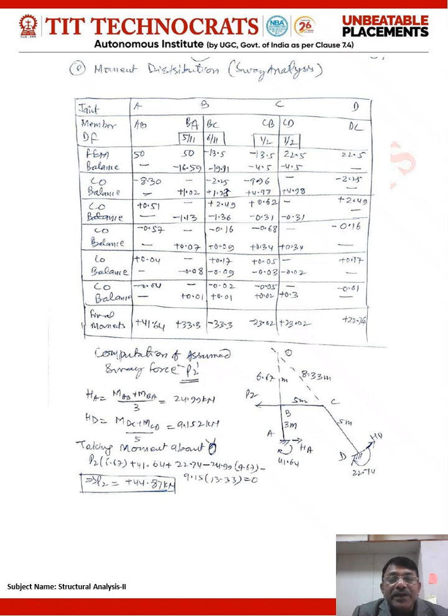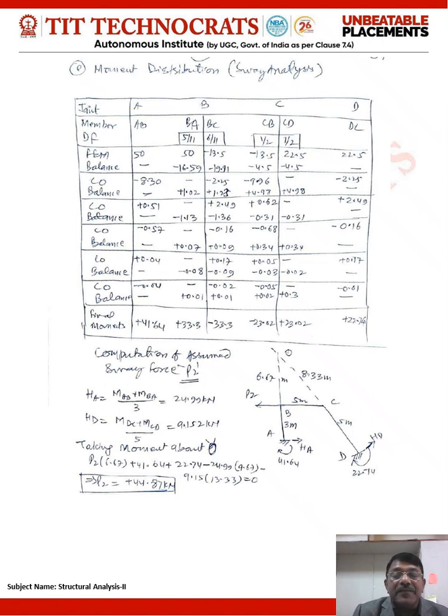Okay, then again you need to find the horizontal force at A and the reactive force along HD at D, as usual. Notice the moment at A is clockwise, and the moment at B is again clockwise. So HA should be in such a manner that it can make a reaction about B which is anti-clockwise in nature. The moment at C and D is again clockwise in nature in the last row. So HD should also have that direction by which it is able to create a moment of